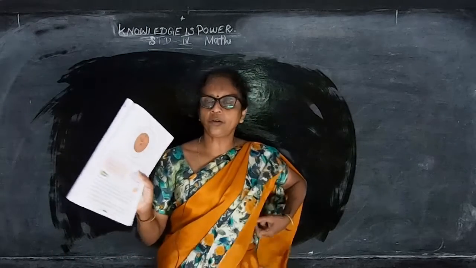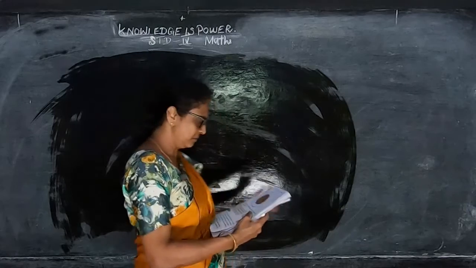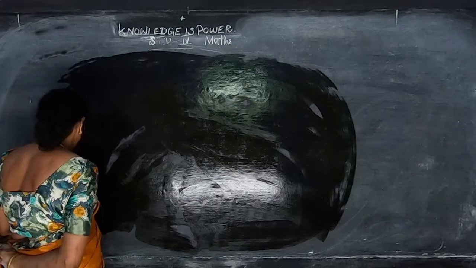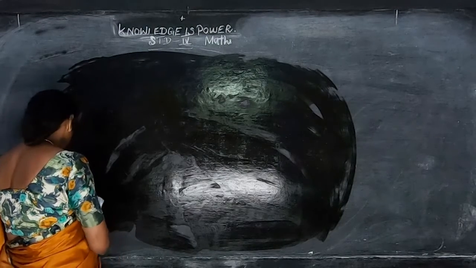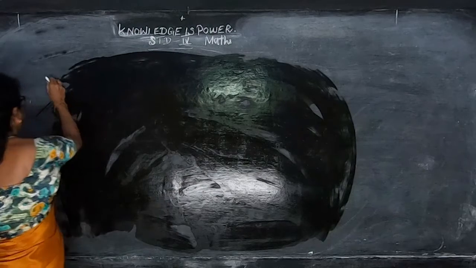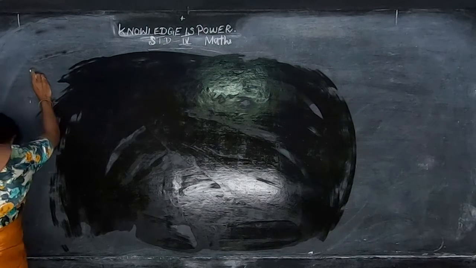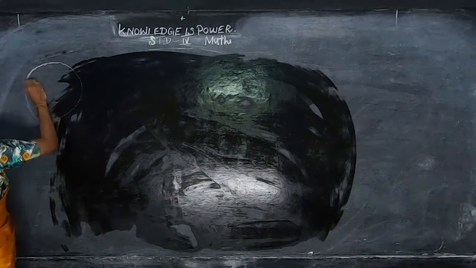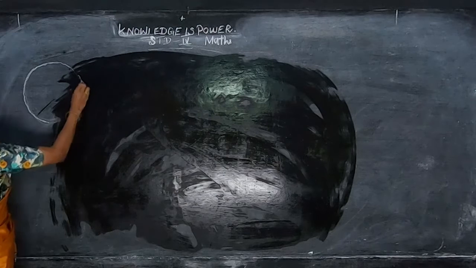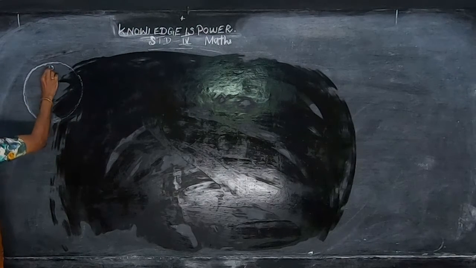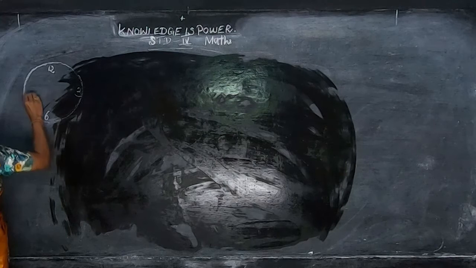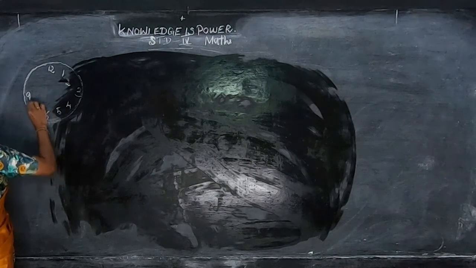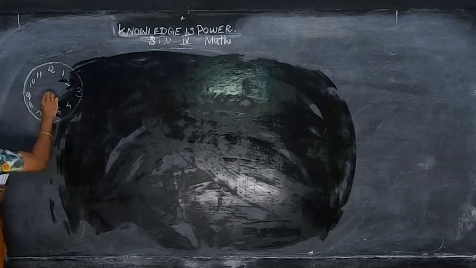Okay, so you have seen the clock here. It has the numbers from 1 to 12 on its face. And it has 3 hands. So we'll draw a clock in this side. So this is the clock. So just roughly I am drawing. You can use any bangles or anything like that. 12, 6 and 3 and 9, 4, 8 and 10 and 11. So you know this is the clock.